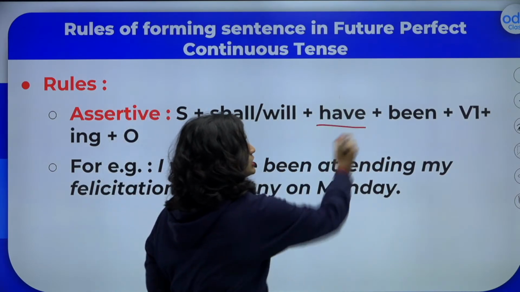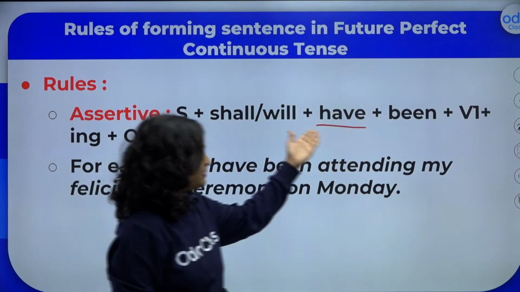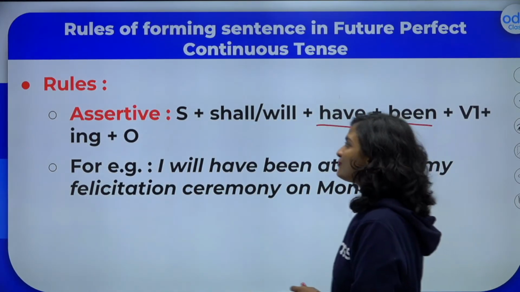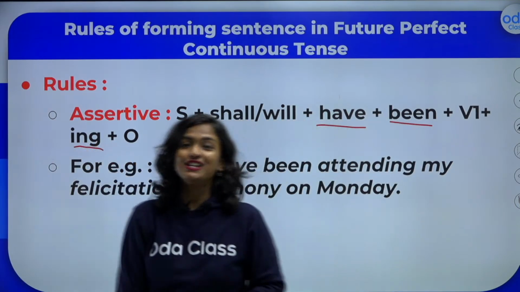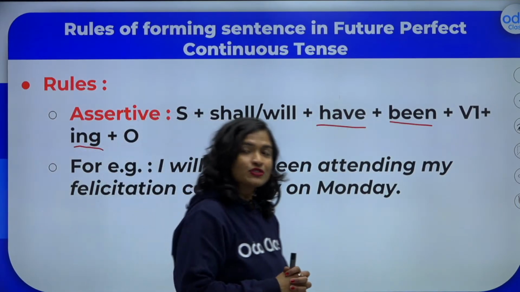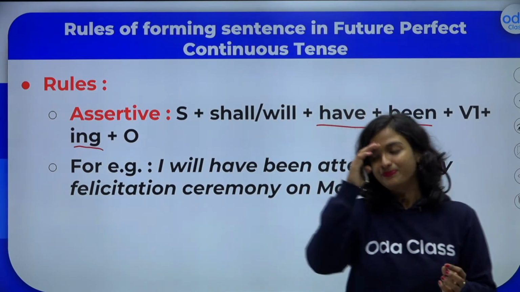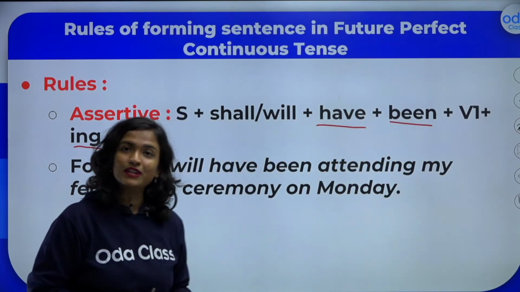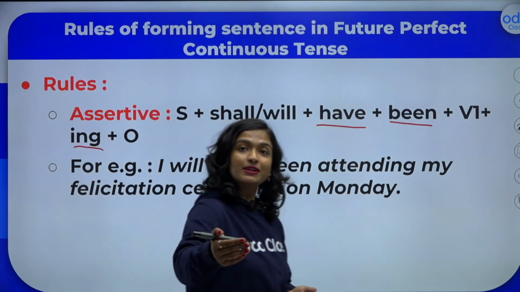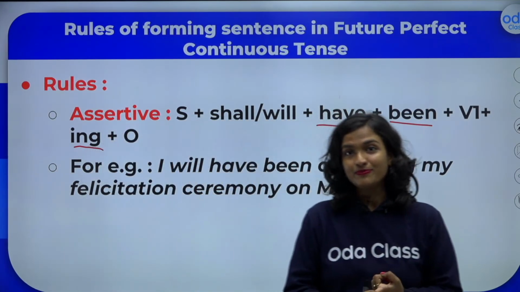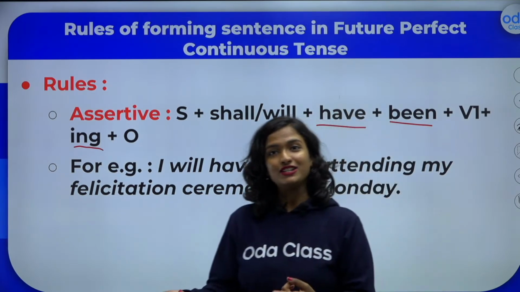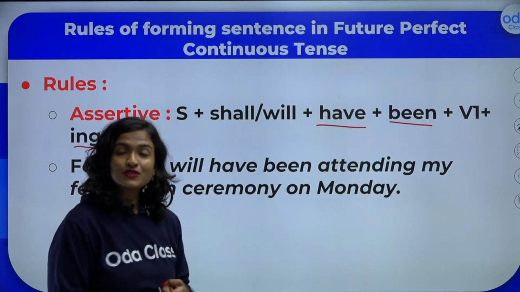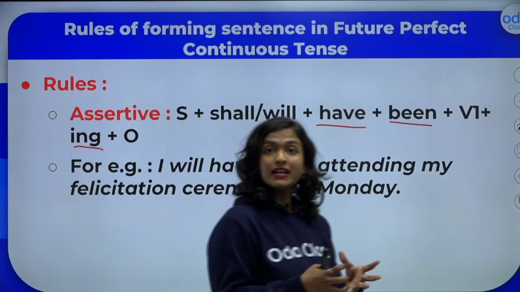We have this word have, which gives part of the perfect. And then we also have been, followed by the ing form. Okay, so this is a little bit trickier, students. Remember that when we use the future continuous tense, right, I will be studying, so we use the word be, and we also use the ing form. For perfect, we use the word have. So here, students, we have to combine that.